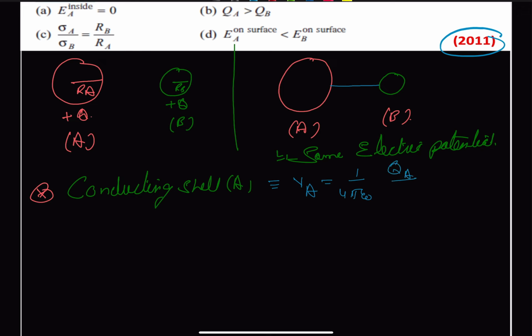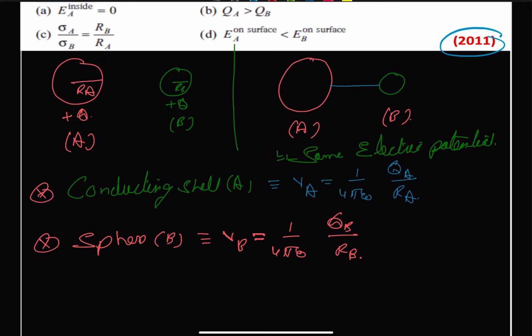Later we can equate it with Q, and the radius is our RA. And for the sphere, which is B, we can also write our VB is equal to 1 upon 4 pi epsilon naught, this is our QB upon